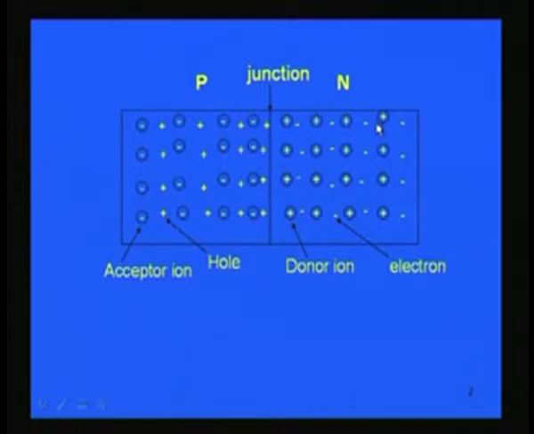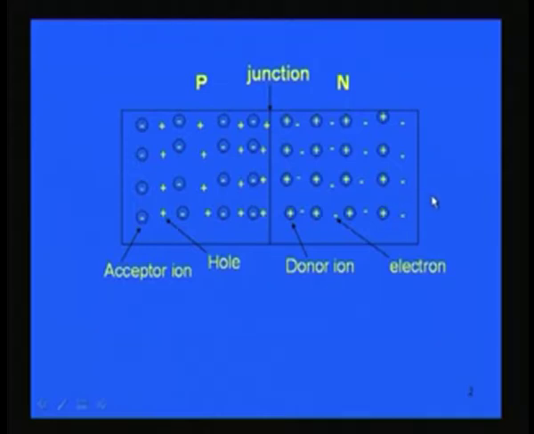So, now we have holes as majority carriers in the p-type and electrons as majority carriers in n-type, along with the acceptor ions on the p side and the donor ions on the n side, which are negatively and